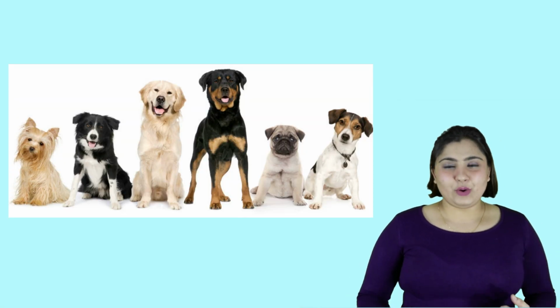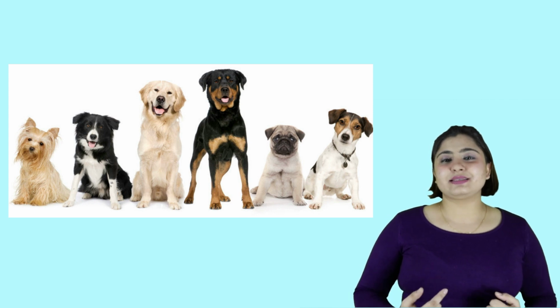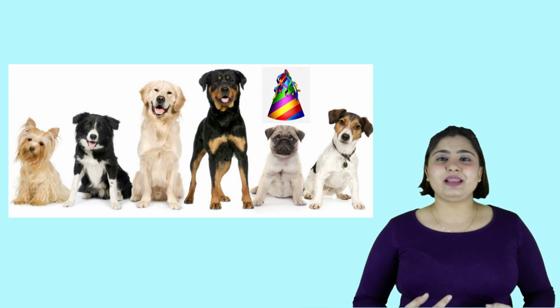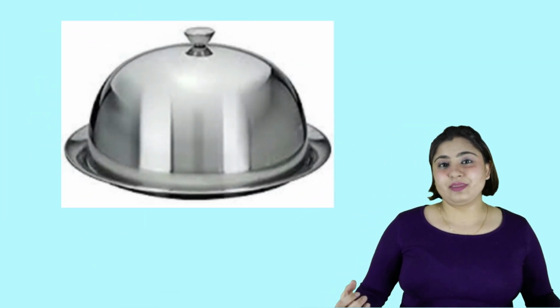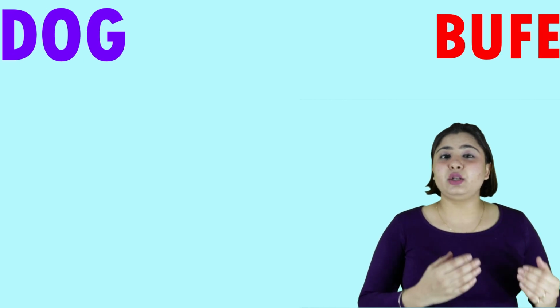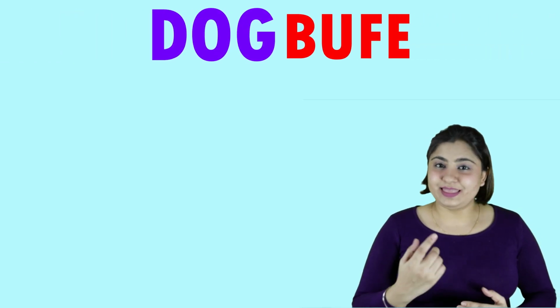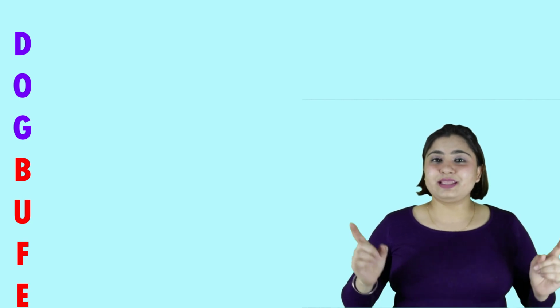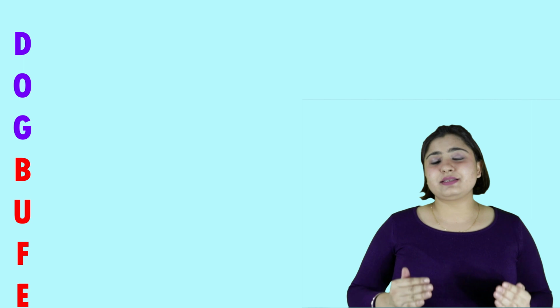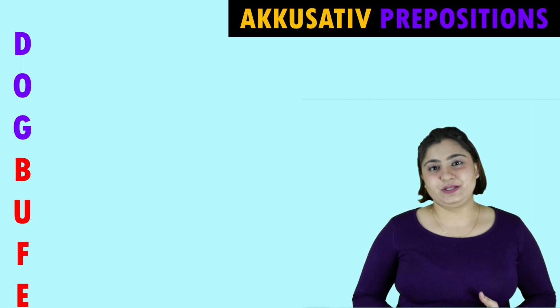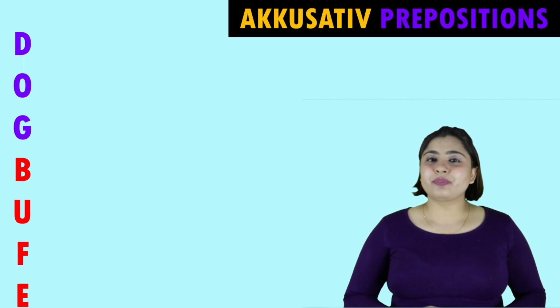There is this group of dogs within which one dog has his birthday party and he's giving his friend's birthday party by arranging a buffet. So basically it's a party and the name of the party is dog buffet, and that's the word, dog buffet. And now this is the abbreviation, and each alphabet of this consists of accusative prepositions. Let's see how. Dog,